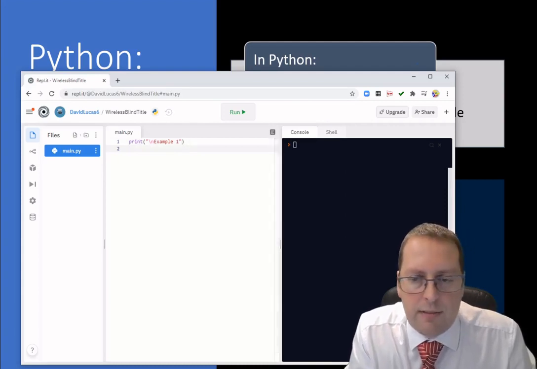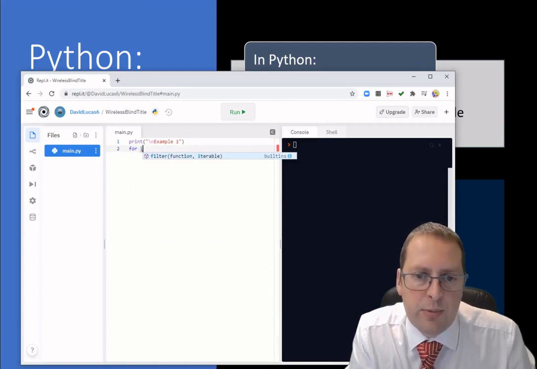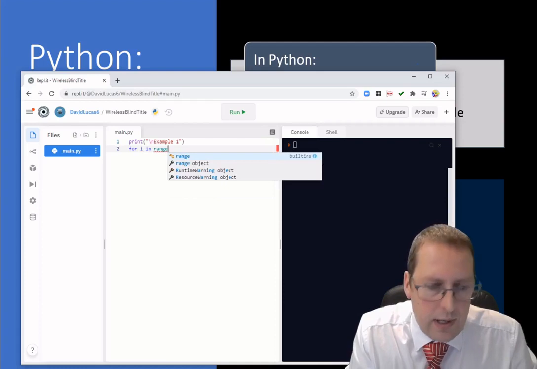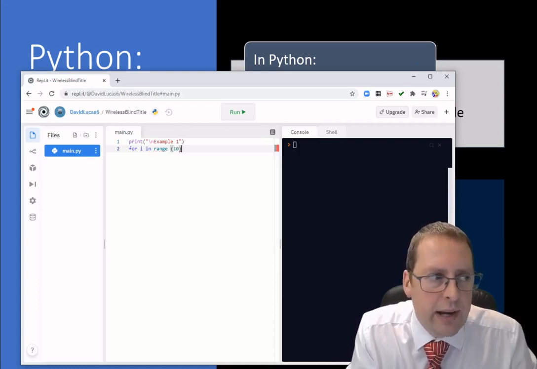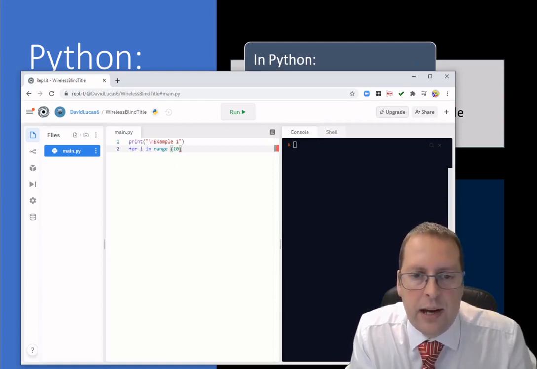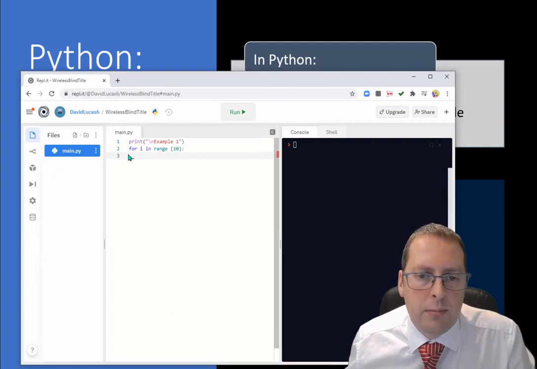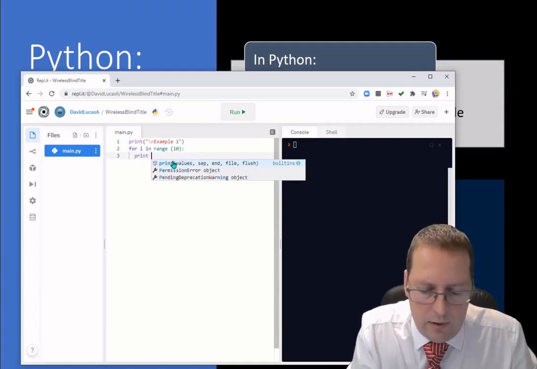And then I'm looking for my iteration. So for i, we often use i for iteration, but we can use anything. For i in range. And here, I've just put 10 as a number. For i in range 10. Now I said earlier that at the end of our i in range, we've got to have the colon. And when I press return now on the keyboard, I can see that my computer has automatically indented for me. That's what we're looking for. So now I just want a print command of